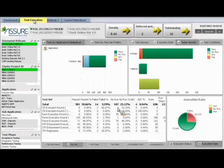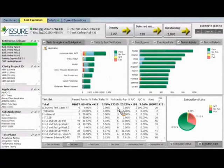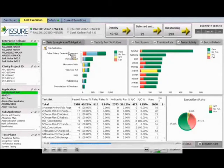So the next section in our dashboard is the actual test execution. So what you have here is the test information from all your enterprise releases. Again, we can filter that by enterprise release. We can take a look at that by application or sub-application. So really seeing which area of our application is the most problematic. Here we have an application and all of its sub-applications listed. So we can instantly drill down. We can see who are the testers who have been working with this, how many tests do we still have to be executed, and we can